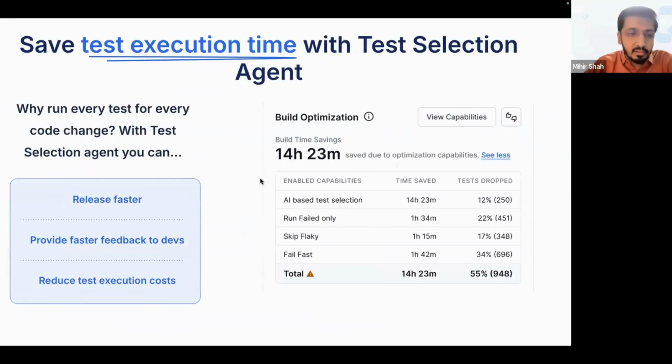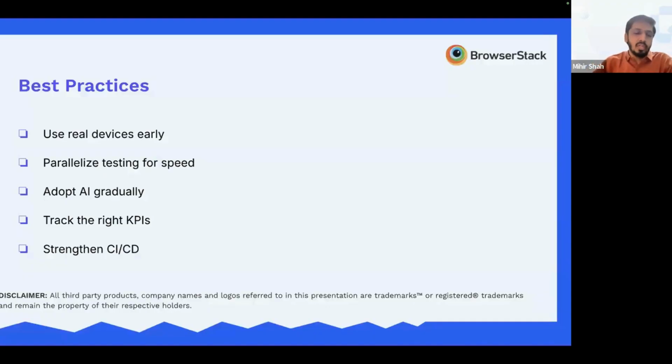And at the end of the day, it's saving a lot of your productivity because you don't end up debugging something that is irrelevant, and you have faster feedback. So these are the agents covering how to write tests easily and save your time there, how to ship, how to get faster feedback, how to run it stably, as well as have faster results around debugging. Savings of time and cost is all that matters in terms of solving the AI use cases. The final thought that I want to really leave with you: